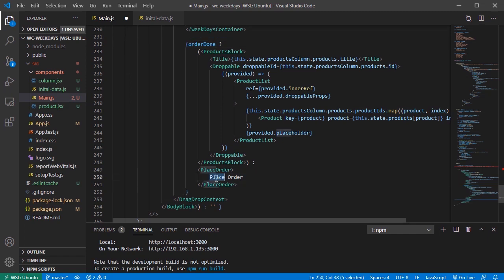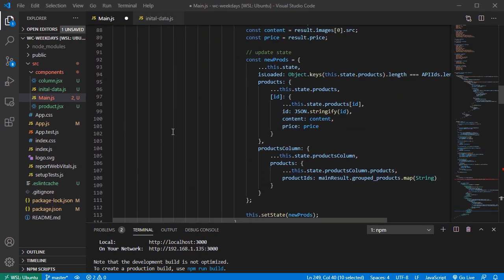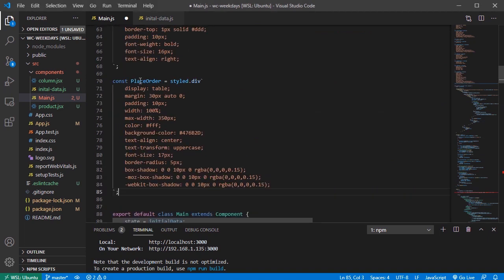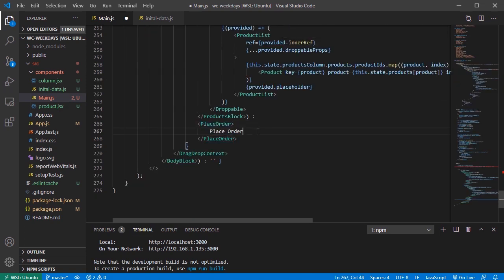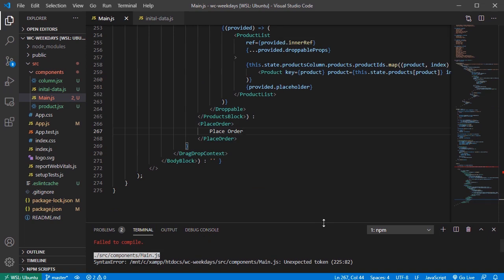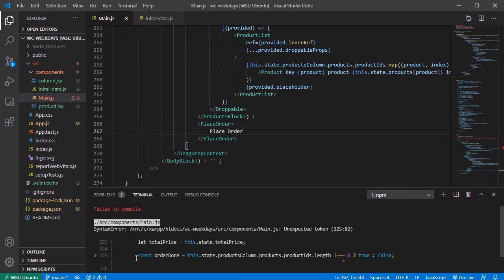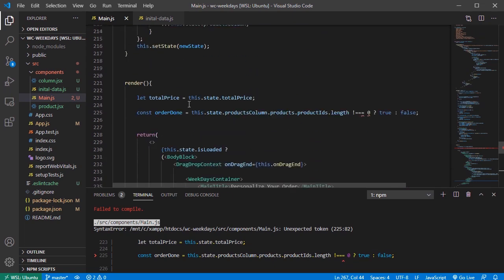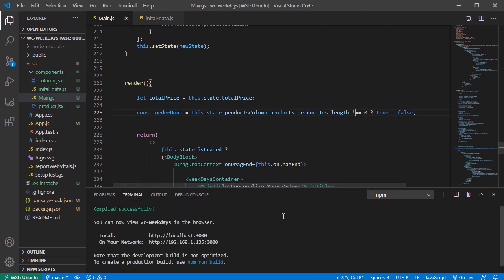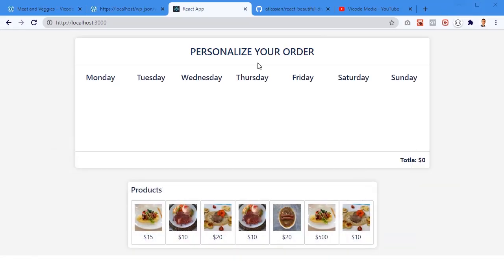Okay, place order. I have to create this place order button. So let me go all the way up here. I'm gonna paste it. So place order, this is a div class, you know, display table, margin, padding, width, just a button. This is just a button here. And I'm gonna go back now. So I will save it. Okay, so there's an error, unexpected token, 225. It doesn't like here. Okay, order done. Order this state product columns length. Okay, I shouldn't put too many equals there. So if I'm going back now